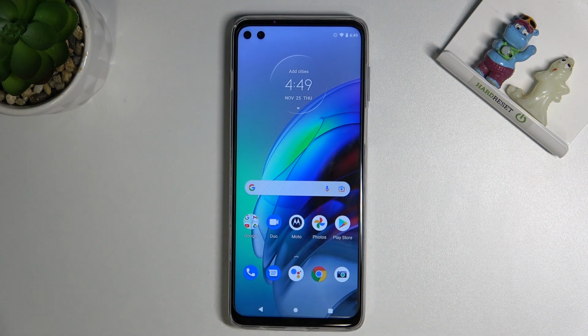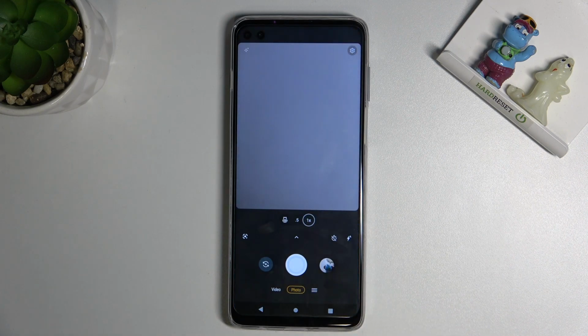Welcome, here I've got Motorola Moto G100 and let me show you how to turn on and off camera grid lines on this device. So let's start by tapping on the camera button to open it, and for now we are